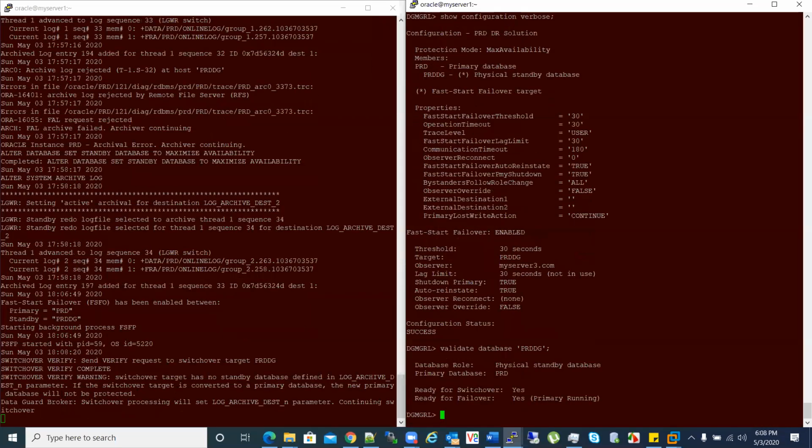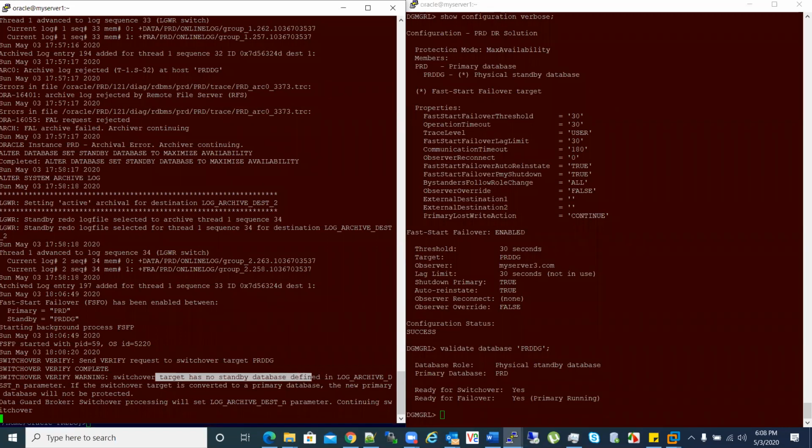When you trigger this, it will dump something here, and it says switchover verify complete. And it says the switchover target has no standby database defined in the log_archive_dest_n parameter. If the switchover target is converted to a physical primary database, the new primary database will not be protected.